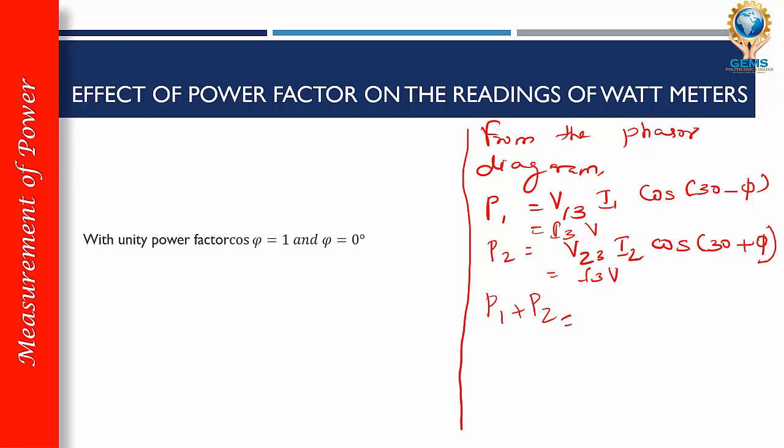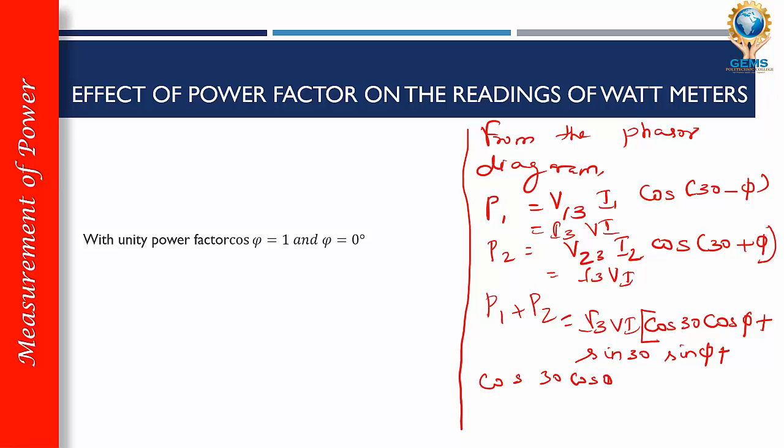So when I sum up the power values of both wattmeters, root 3 VI I can take common out, and this cos(30 minus phi) I can expand and write cos A cos B plus sin A sin B, which gives me cos 30 cos phi plus sin 30 sin phi, plus cos(30 plus phi), which is cos A cos B minus sin A sin B. So cos 30 cos phi minus sin 30 sin phi, which is nothing but 2 cos 30 cos phi. So when we derive P1 plus P2 and solve this, we get root 3 into root 3 will be 3 VI cos